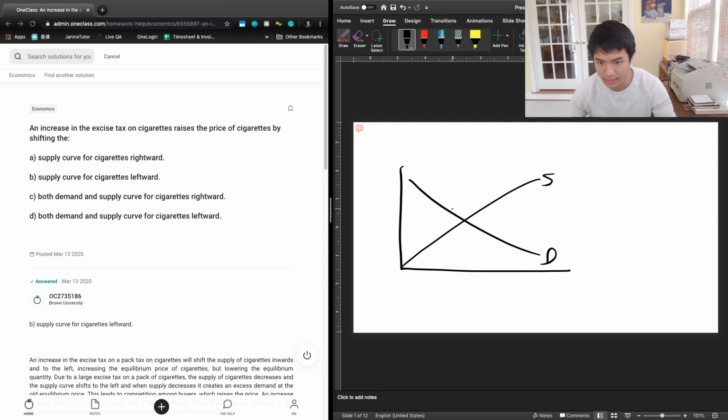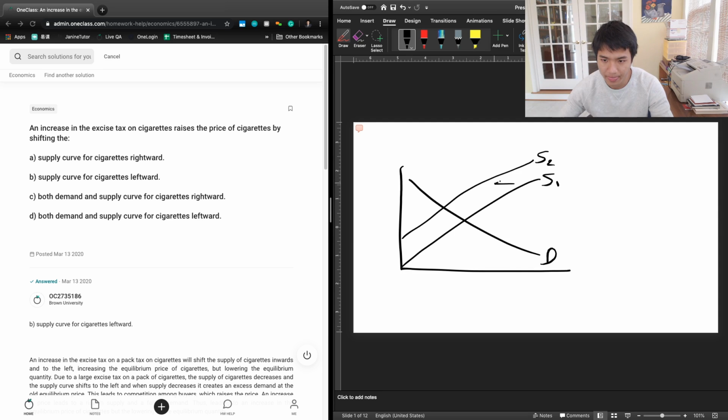Or, said in other words, it's going to reduce the quantity supplied at every price level, right? And so what that looks like is going to be a leftward shift. Let me draw it one more time. It's going to be a leftward shift